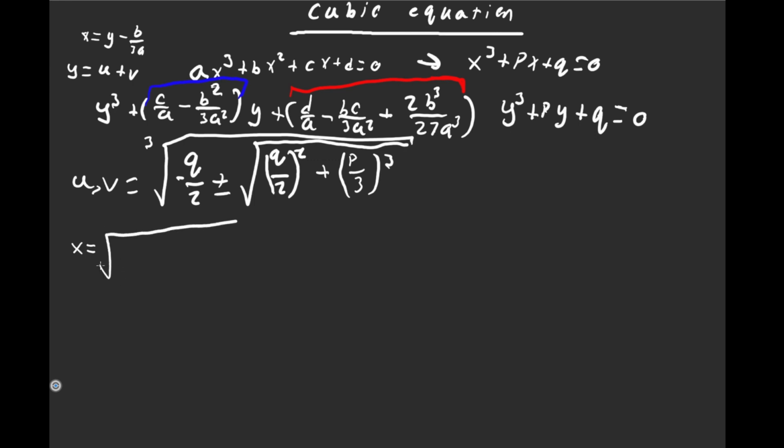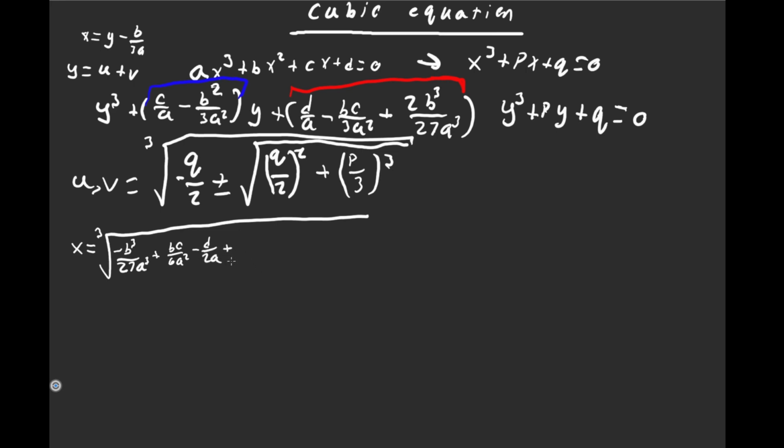The cube root of all of this divided by 2, which we see that 2 b cubed divided by 27a cubed times 2 is going to give us minus b cubed over 27a cubed plus bc over 6a squared minus d over 2a